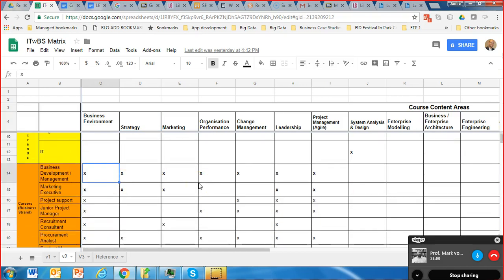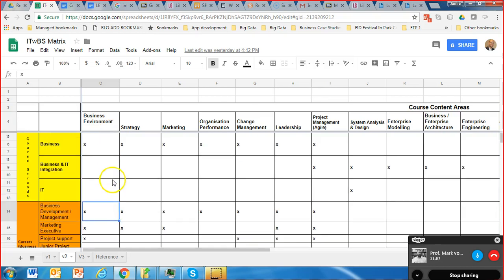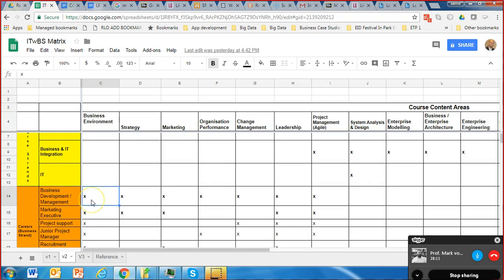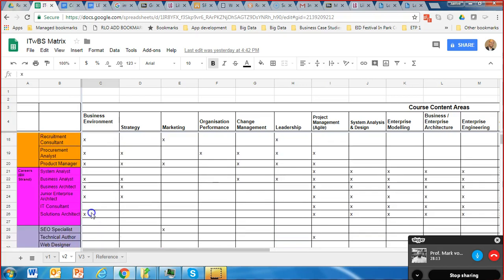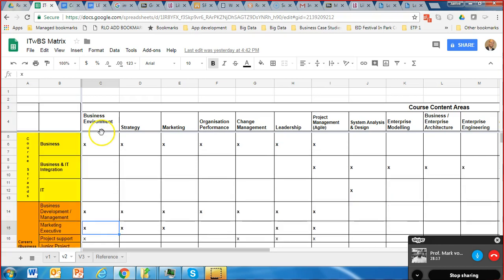So I've done this for the strands, for the careers. What I now know is that, for example, the business environment content area touches this part of the course strand, it touches this career, that career, it touches quite a lot of different career outcomes. So I know that, okay, that content area is really important. You get the idea with this one. And then I moved it on to